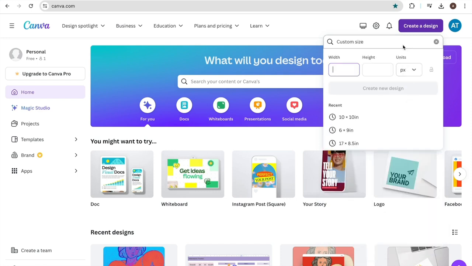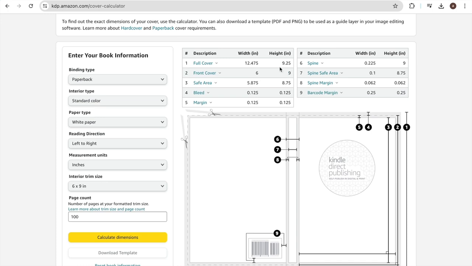First of all, let's switch the units from pixels to inches. This is super important. Then we're going to enter the dimensions from our KDP template, so over here. So for our example, we're going to take full cover as a reference, and we're going to be using these as our dimension. So I'm going to be copying my width,